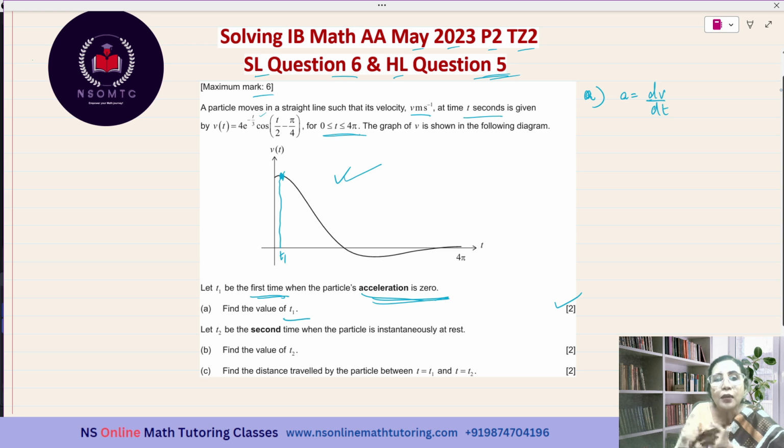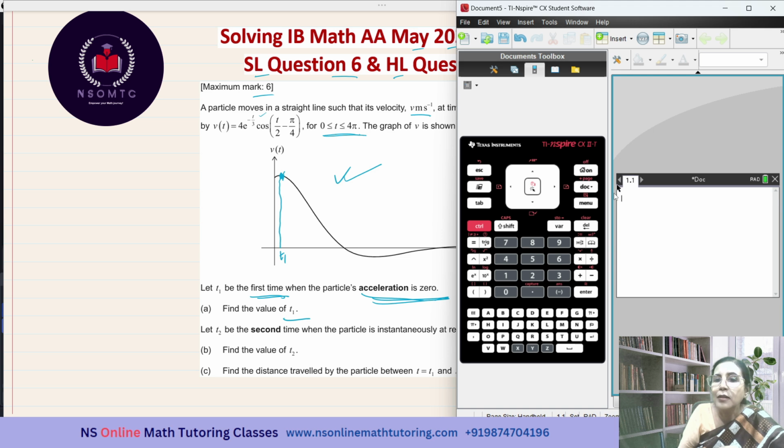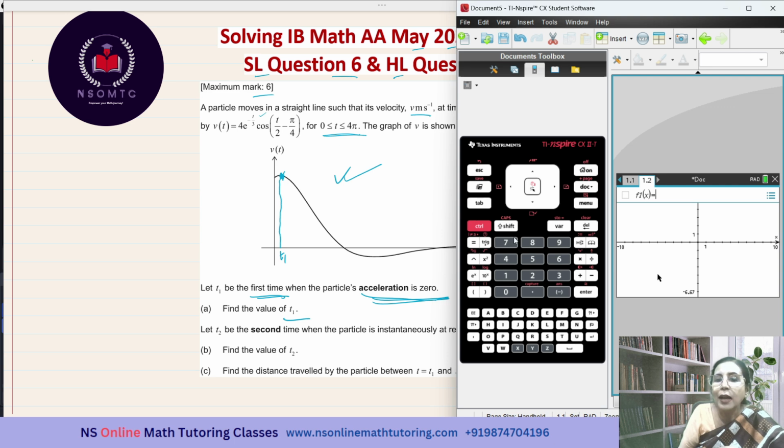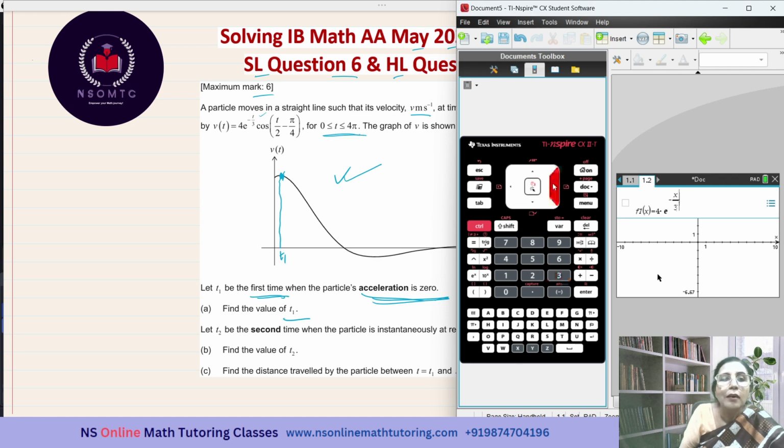So let's see. First of all, let us graph this in our calculator. So this is the calculator page. I have to go to the graph page. And I have to input the expression 4 times e to the power of negative, now don't put t, it is always x. So that will be x over 3, times by